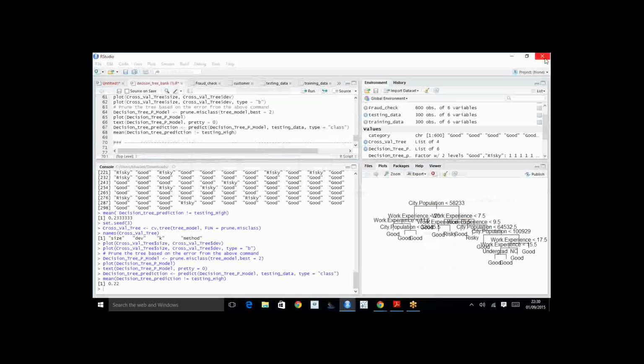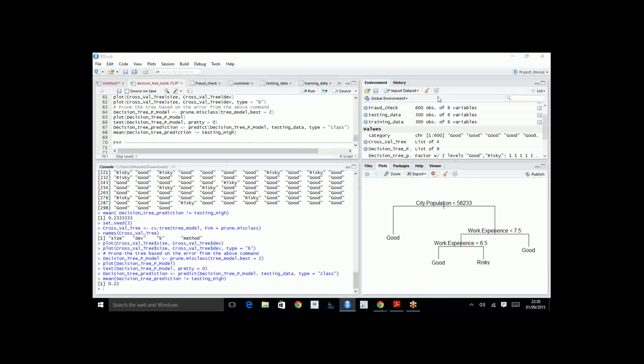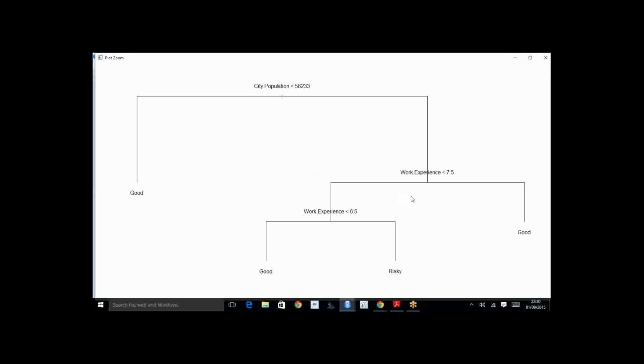However, in this, you have only so many levels. So what is the inference that you draw from here? If the new person is applying for a loan, is coming from a city whose population is less than 58233, then he's good. If a person is coming from a city population which is greater than 58233, then you look into work experience